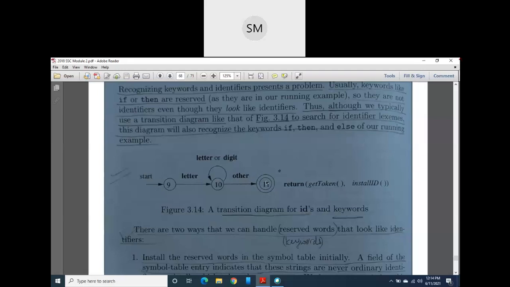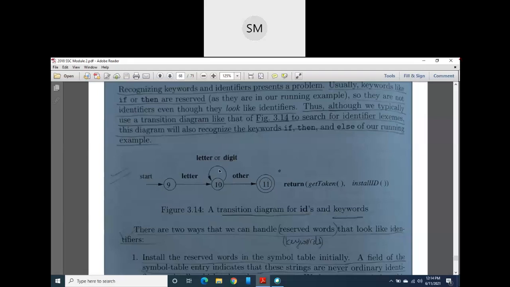Clear now? Then for b also, same thing. And one more variable you defined, that is sum. The first letter s, you entered state number 10, then the second letter u, the third letter m, and after that a semicolon is there. It is considered as other, then you go to the final state. So it is a perfect transition diagram for our variables or identifiers. In fact, you can include underscore here also. For our convenience and simplicity, we have not included it here, that's all.